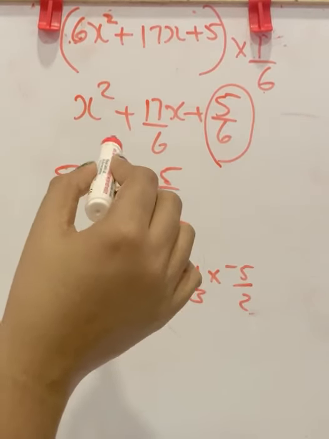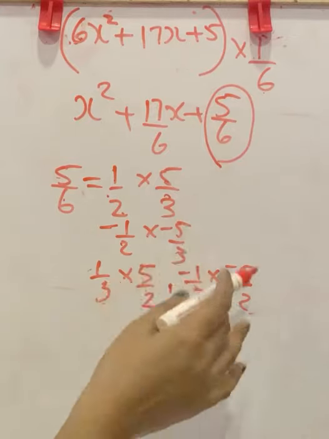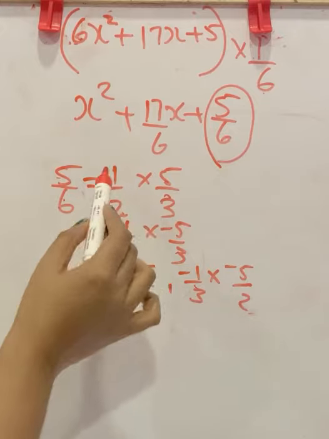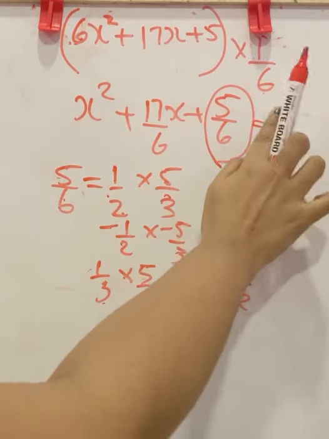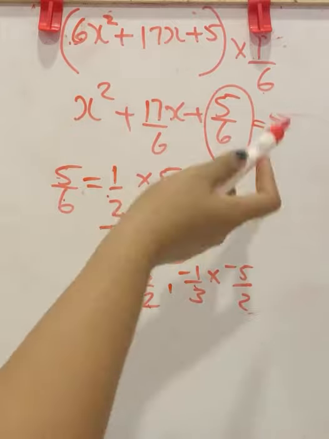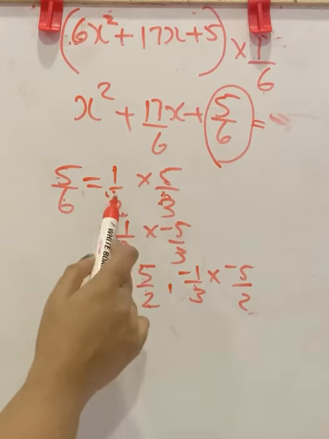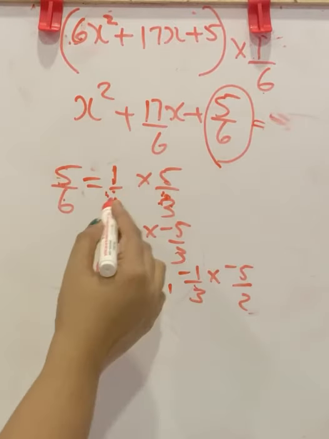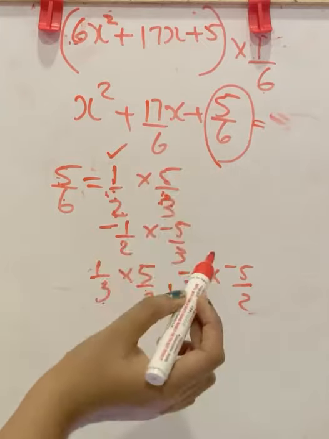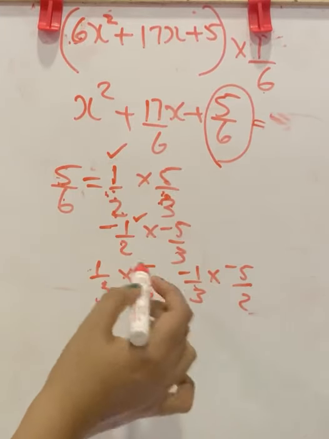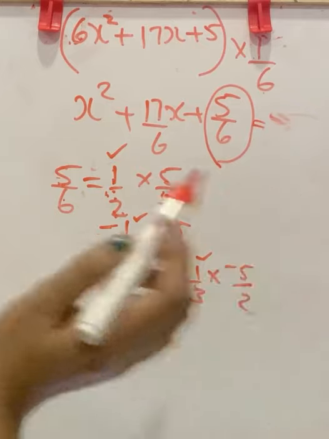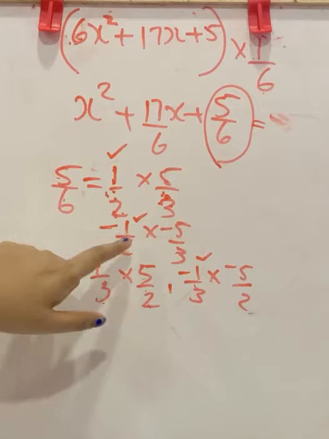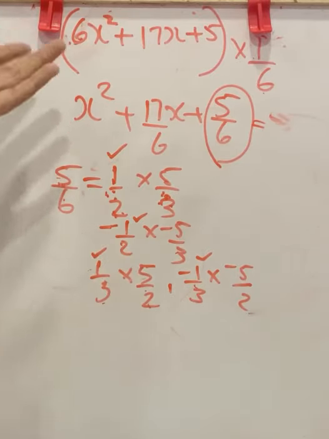8 factors are there, so we have to do the trial and error method. But we know a condition: if it is already proved that p of 1 by 2 becomes 0, then we can say p of 5 by 3 will also be 0 because it is the pair of this. These two pairs are factors of this. We can select to do the trial and error method from each pair. That is, here we will take 1 by 2, here negative 1 by 2, here 1 by 3, here negative 1 by 3. If negative 1 by 2, after substituting the value for x, gives 0, then negative 5 by 3 will also be a factor.